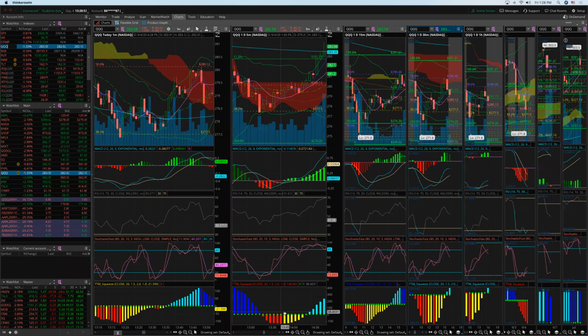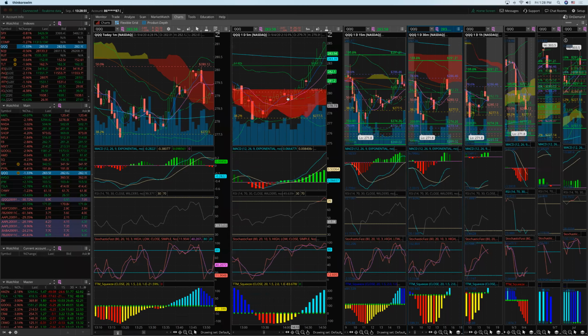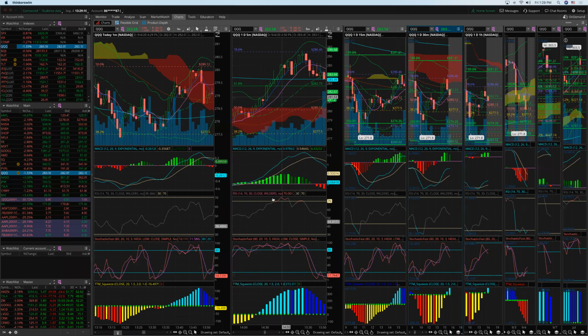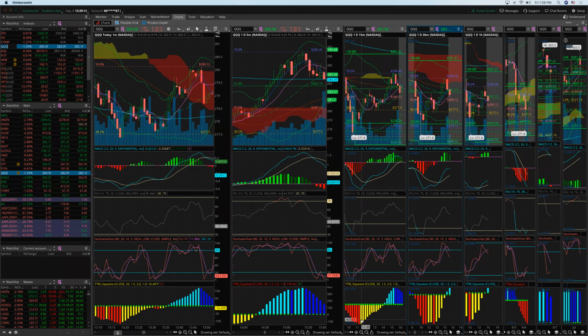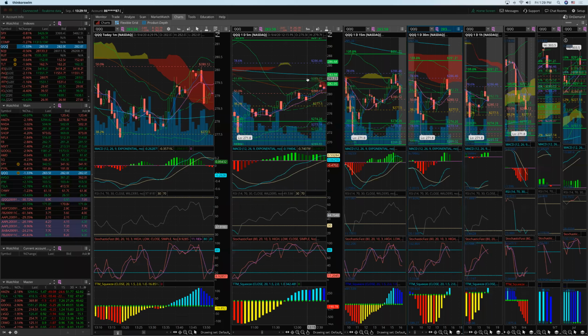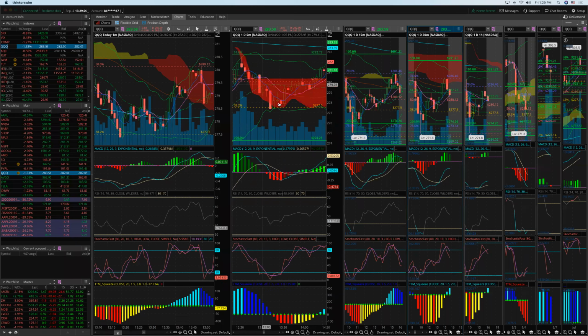It turns from red to yellow here, and you can see that at this time Apple will start rising. So when Apple goes up, remember, Apple is a major part of the market. When Apple goes up, all the market goes up. So after that, it just starts rising. You can see here the TTM squeeze on the 5 minutes starts rising, and the 15 min. And here's another thing. When a name drops, like here, look, QQQ drops from here to here, like how many points?